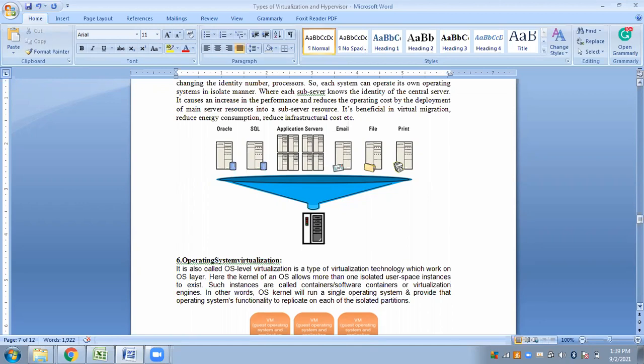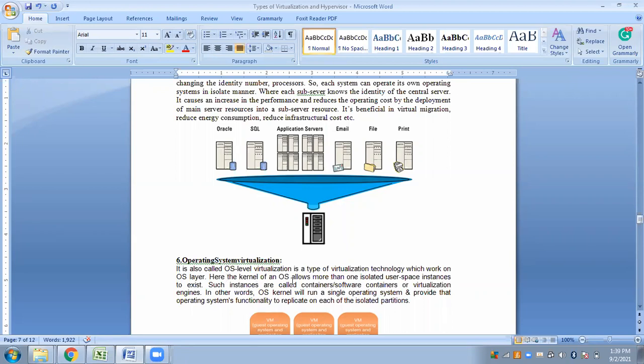When I'm talking about type 2 hypervisors, they act very much like application software installed on top of the underlying operating system. So operating system virtualization is nothing but a type 2 hypervisor. However the type 2 hypervisor works, that is what operating system virtualization is. It is also called OS-level virtualization, a type of virtualization technology which works on the OS layer.